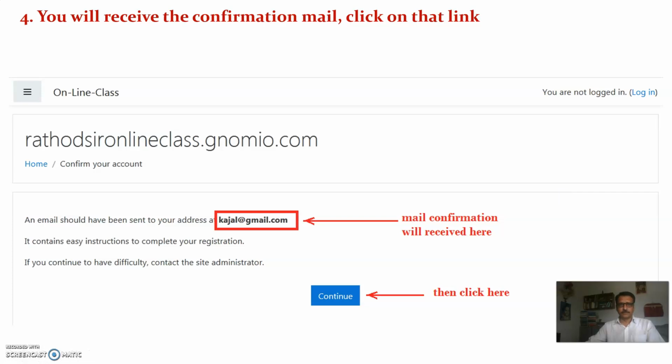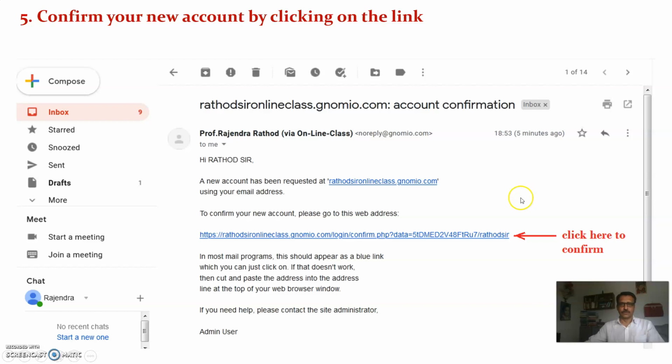Fourth step: suppose this is the email ID you entered, and then continue. Go into the email ID and check the email that came from Professor Rajendra Rathod, and there is a link.